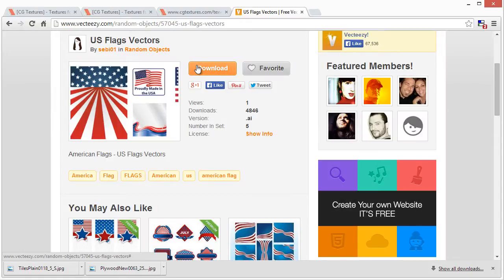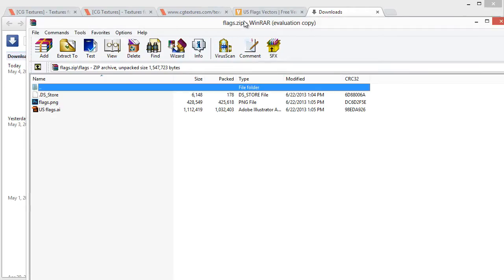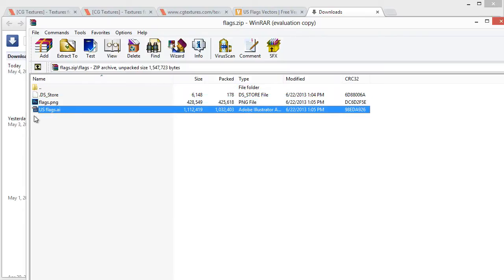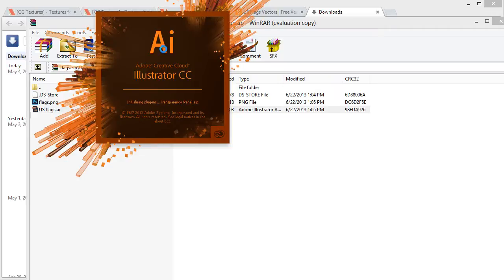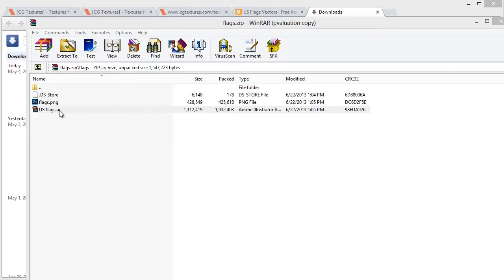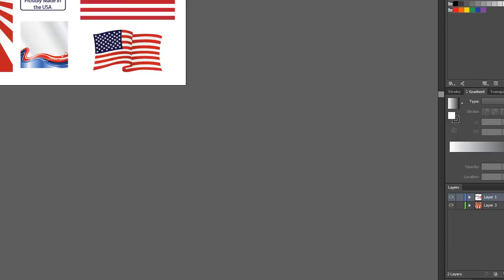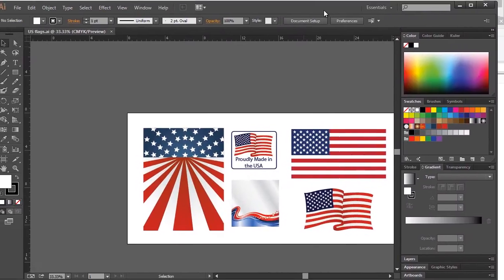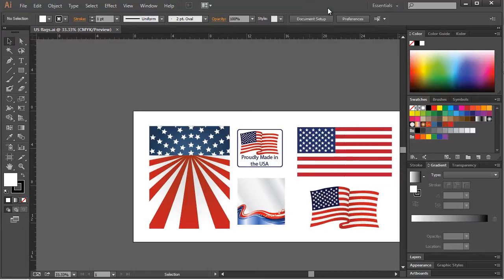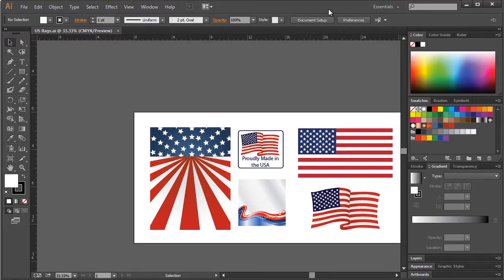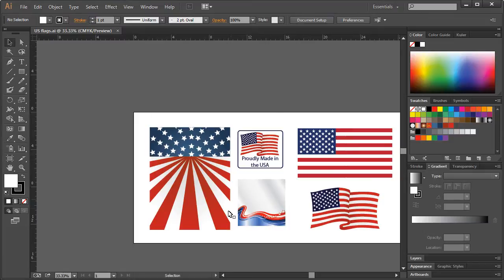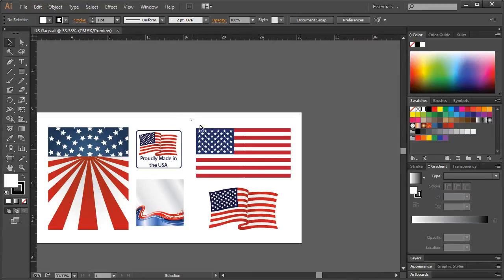I've already downloaded it. Once you have it downloaded, you can open it up in Photoshop. Or actually, I'll just open up the zip, and you have a PNG and AI file. AI is for Adobe Illustrator. If you double click on that, and if you have Adobe Illustrator, you don't necessarily have to open it up with Illustrator. If you don't have Illustrator for whatever reason, let me get this into view. You can just extract that AI file and then go to File, Open in Photoshop, and open up that AI file and just make sure the resolution's set high enough, like 300 or 400. So in this way, what we can do if you have Illustrator is just select it, Control-C to copy,